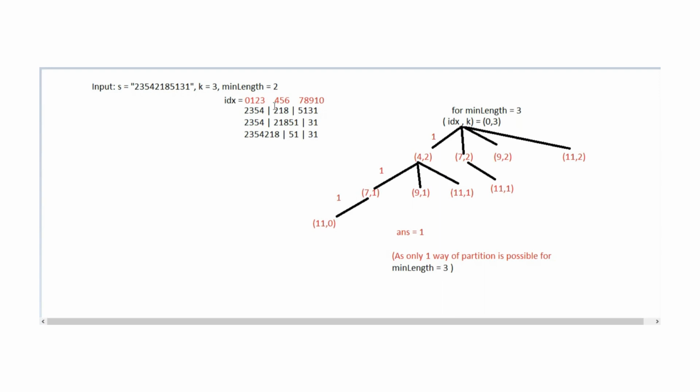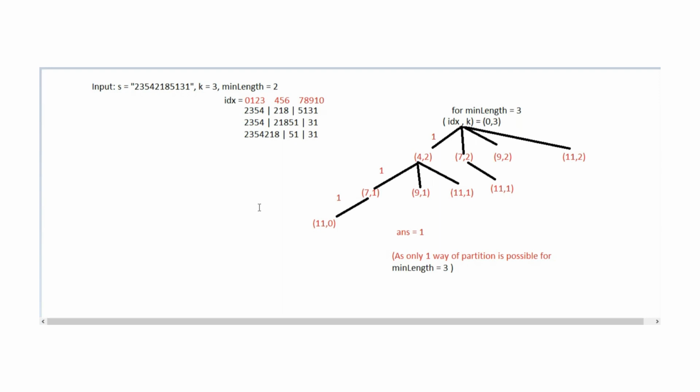Suppose for the string starting from index 4 we calculated some value, and similarly in future the string is starting from index 3 and we are again calculating the same thing for index 4. So there is a possibility of overlapping subproblems. As I have mentioned in my previous videos as well, whenever there is a possibility of overlapping subproblems, at that time we apply dynamic programming. So here dynamic programming plays an important role.